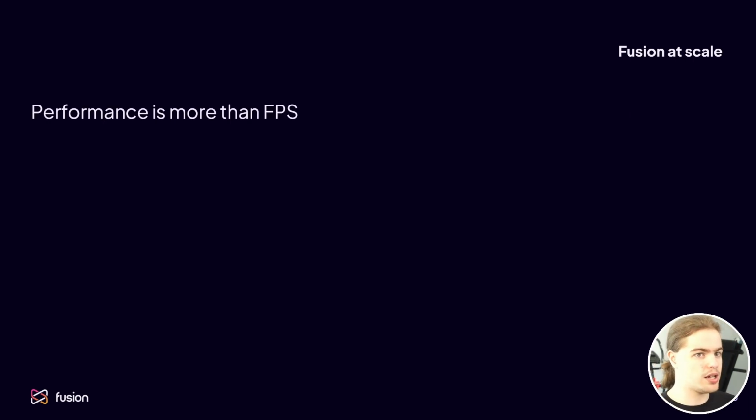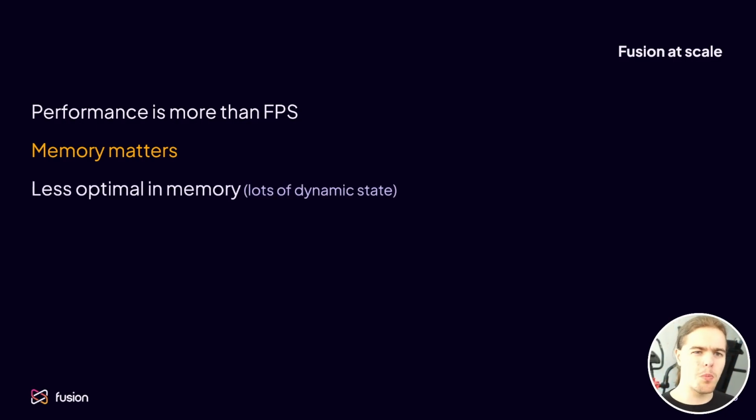Of course though, performance is about more than just frames per second. We also need to take a look at memory usage. Now, let's be 100% honest here. Fusion in Luau is almost certainly not as optimal as React when it comes to memory usage, simply because Luau has so much dynamic state to hold in that React would not have to hold in, because of React's specific model. And yet, even with that factor, it turns out that memory is tightly managed anyway, because